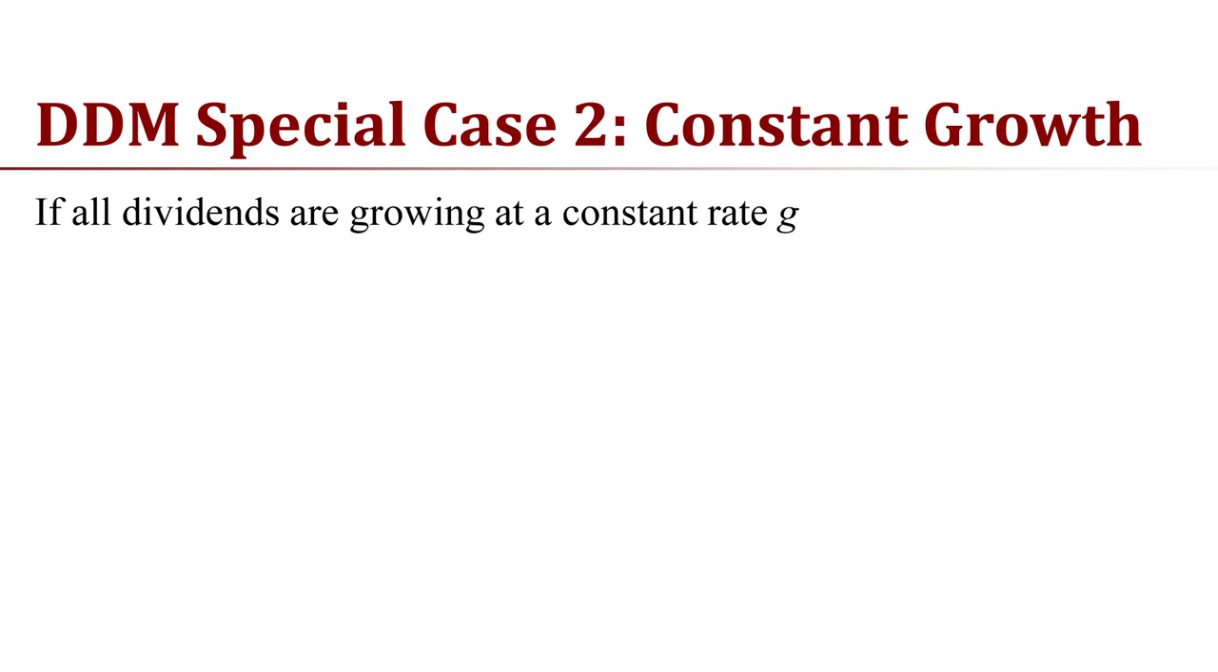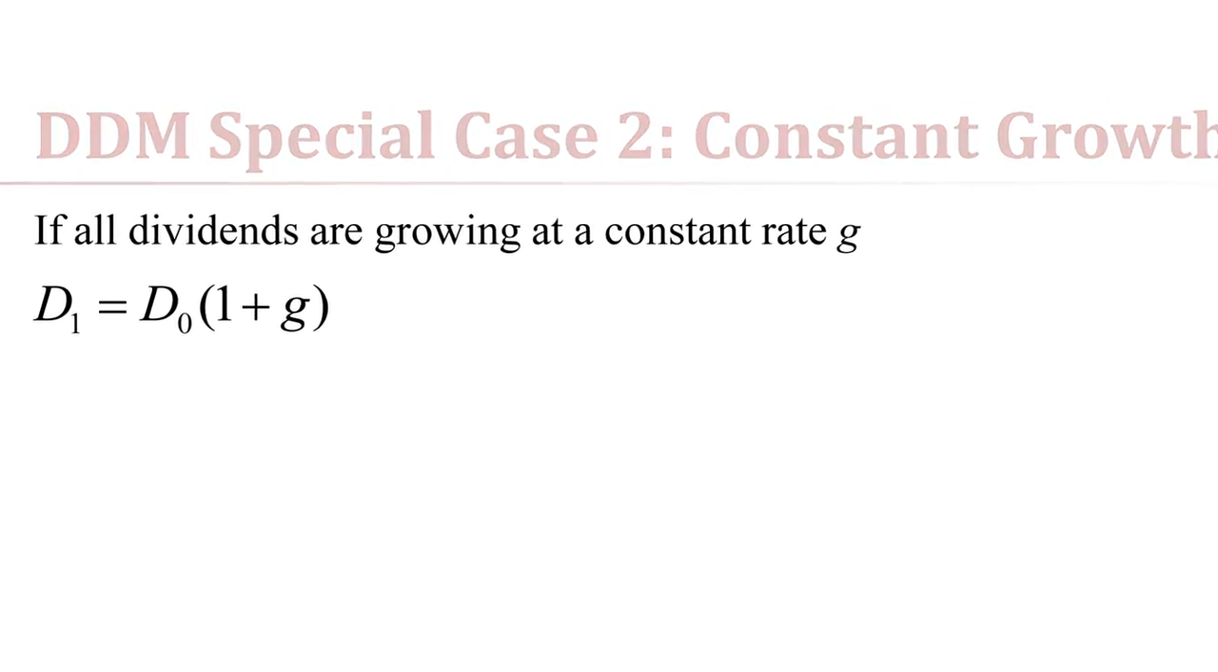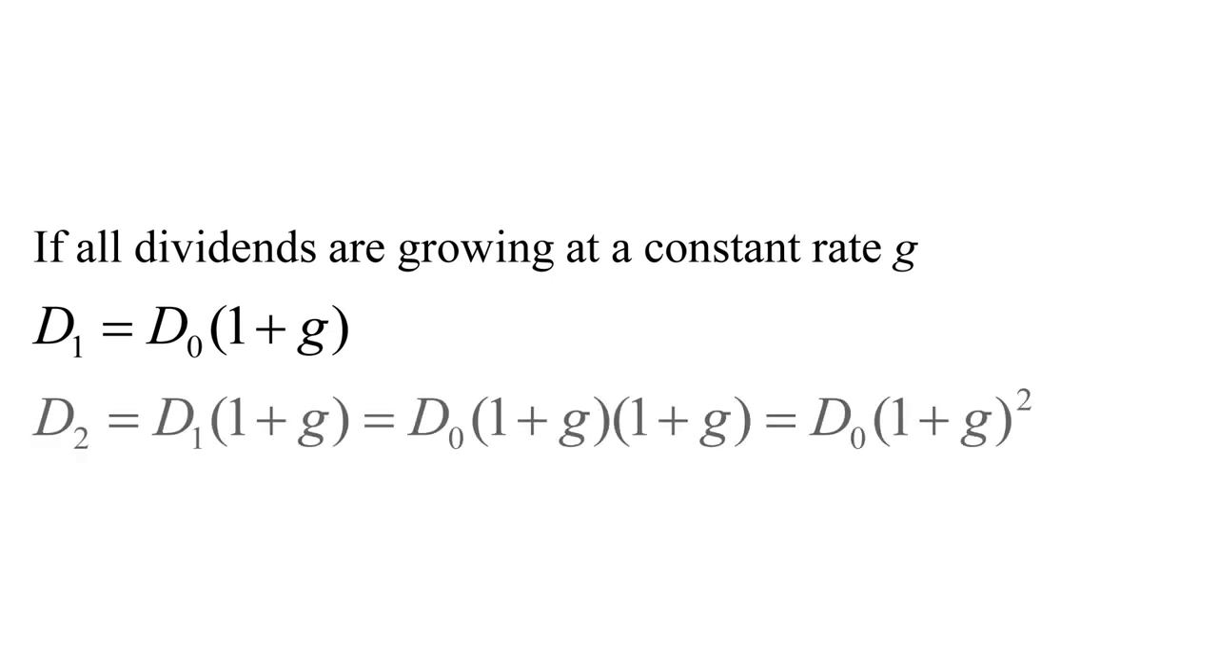Now, if all dividends are growing at a constant rate, say g, then we can actually figure out what the future dividends look like. Going back to our original infinite sum formula, we can substitute in, because we know that the dividend at time 1, the dividend to be received a year from today, will just be today's dividend times 1 plus g. Likewise, the dividend to be received at the end of year 2 will be year 1's dividend